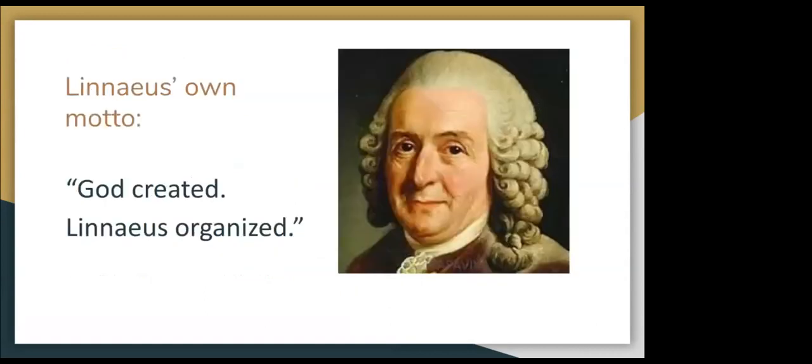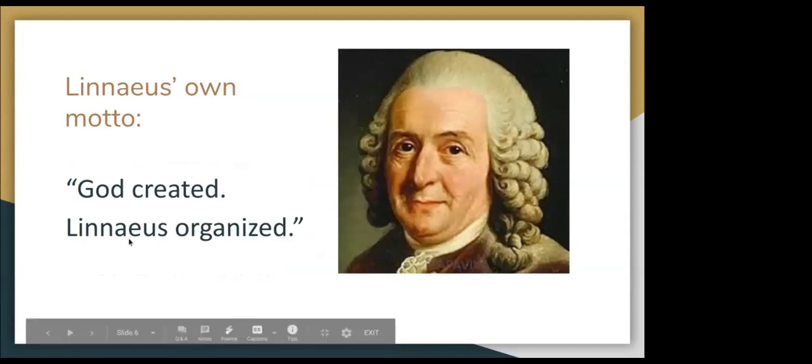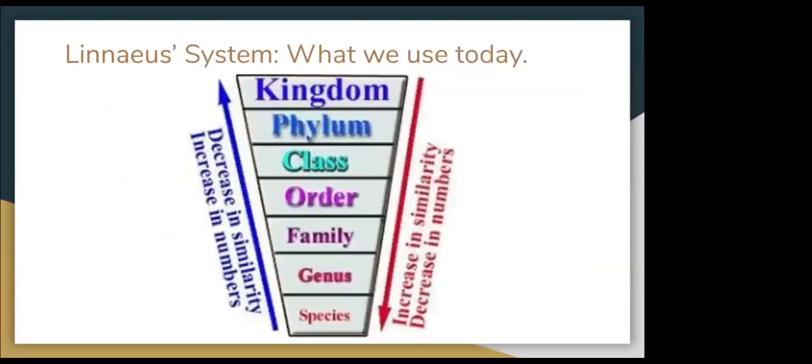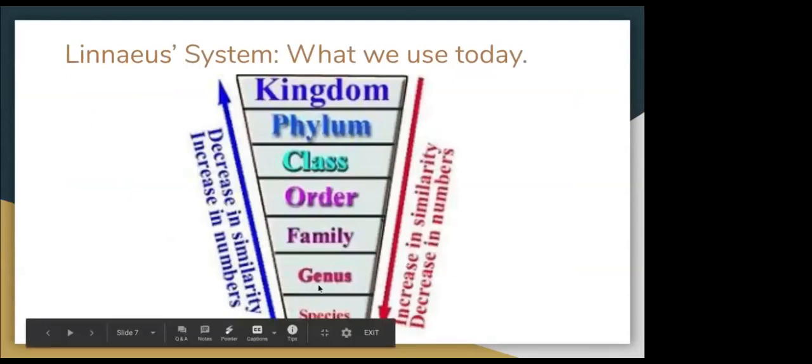Linnaeus's own motto for what he did was "God created, Linnaeus organized." So Linnaeus organized all of God's created living things, organisms, into categories. And we use the same system that he made today. This is his system. It is a system of 7 categories that become increasingly